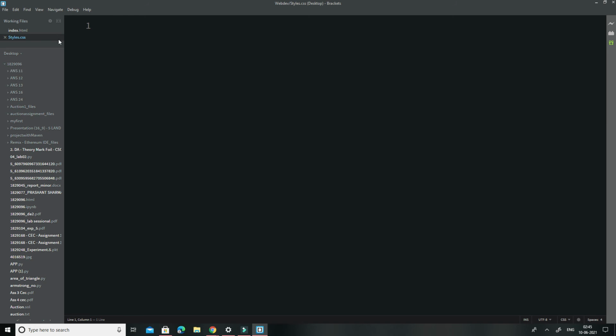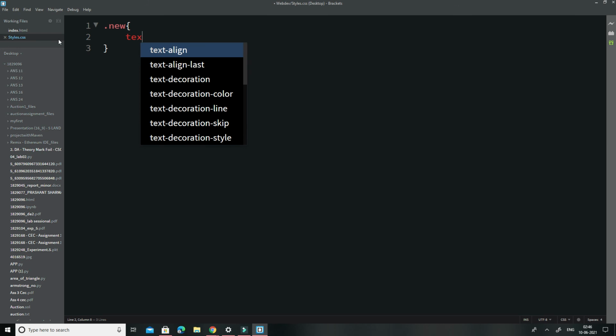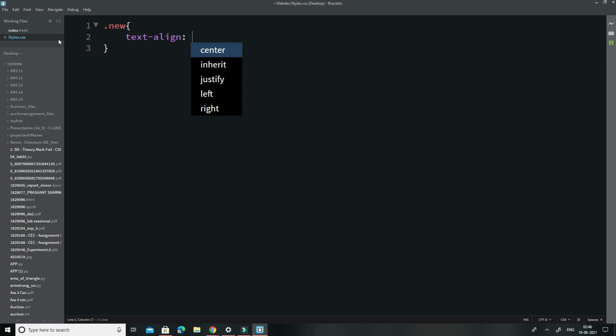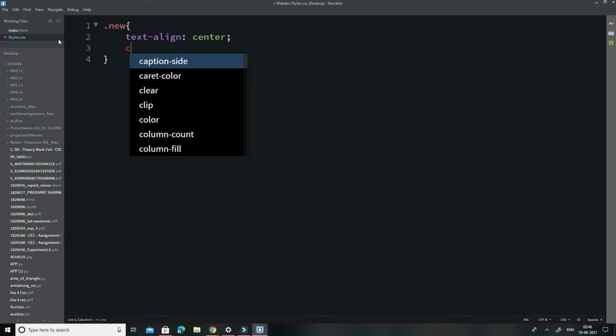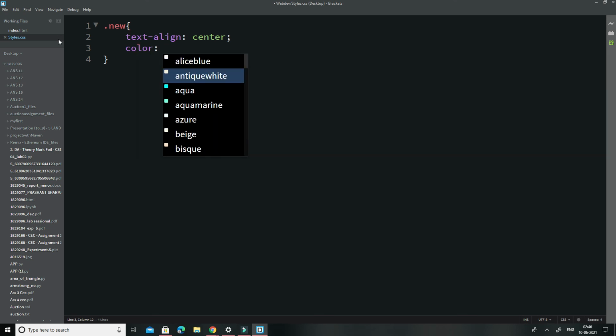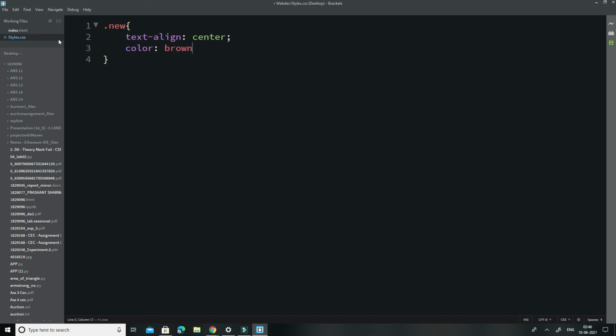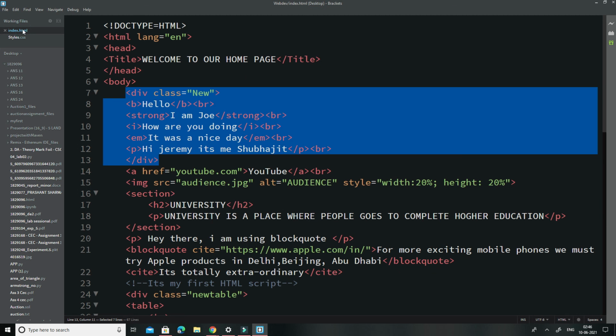Suppose new class मतलब dot new open, ठीक है. So text अलाइन कर देते हैं पहले इसको सेंटर में, ठीक है. एंड लेट्स गिव कलर इज इक्वल टू ब्राउन, ठीक है. नाउ suppose you have this style sheet, you can keep on adding other styles as well, ठीक है.